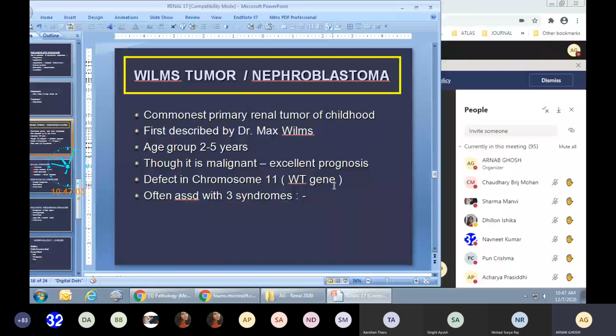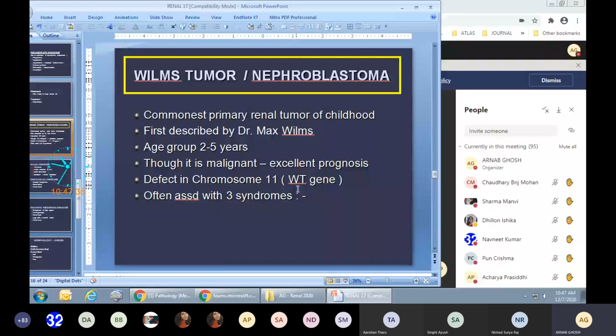In the name, the word malignant is not there or carcinoma word is not there, but this is a malignant tumor. And though it is malignant, it happens in children and the prognosis is excellent. Okay, age group is 2 to 5 years, and it has some genetic implication or genetic risk factor. Genetic mutation is important. So the gene which is affected is WT gene or Wilms tumor gene, which is situated